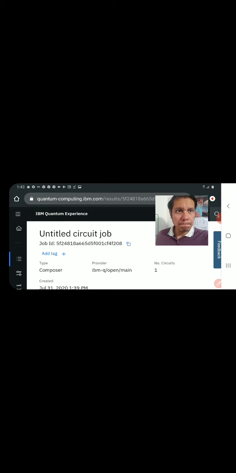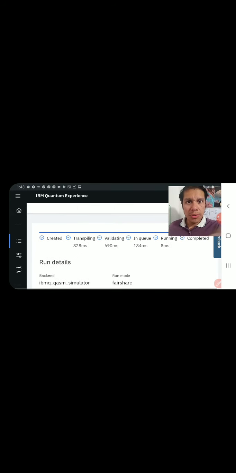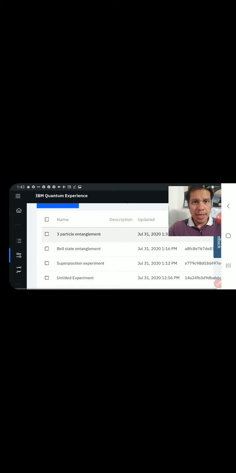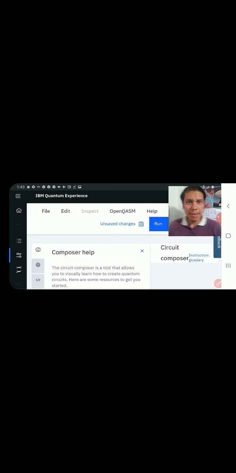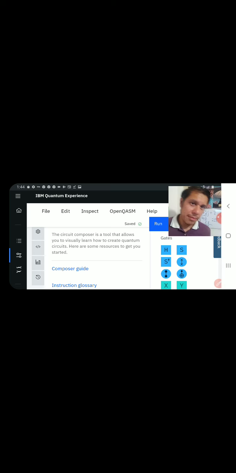So let's see if I can go into my other circuit, because I got several. Let's go into the entanglement circuit, okay? So I got Bell entanglement, right, Bell entanglement. So I actually built, as you can see here, right here underneath me, a bunch of gates that you can use to program this quantum computer. And of course, you have to understand what these are, but these are basically